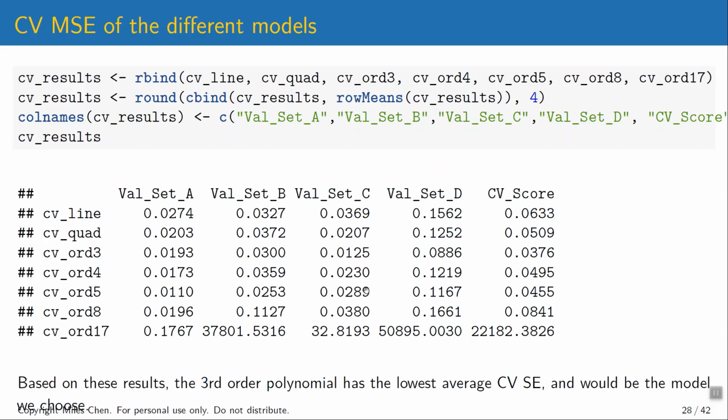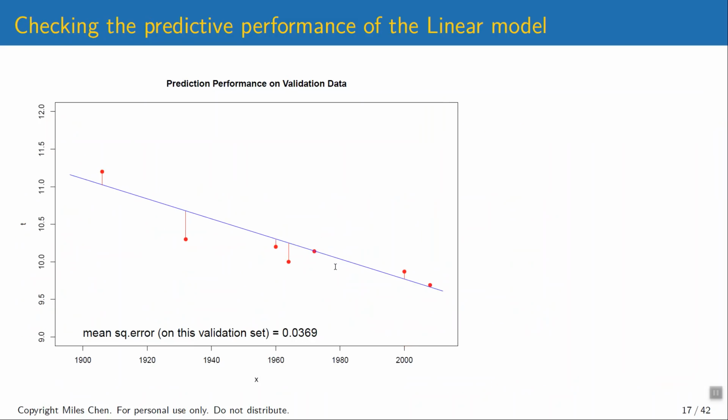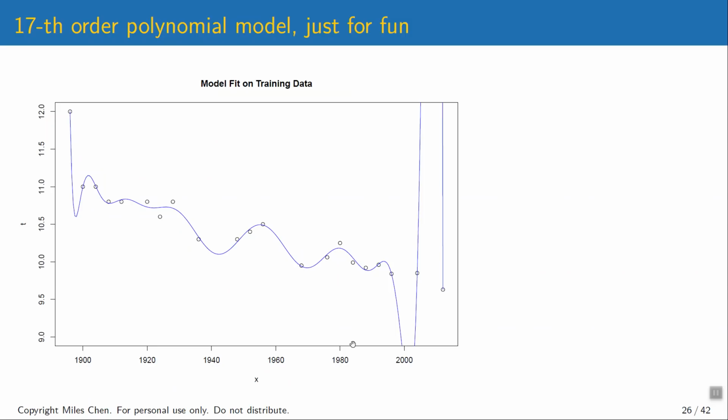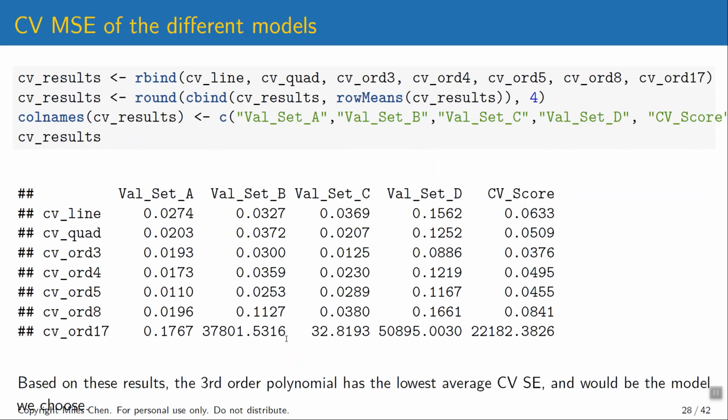here, those values came into validation set C, 0.0369, 0.0207, 0.0125. Those are these values here, 0.0369, 0.0207, 0.0125, 0.023, 0.038, and 32.8193, okay? And that's where this column of values came from. Again, we fit it to all 4 validation sets, and because the data points that show up in each of the validation sets are going to be different, you're going to get very different values. Okay, so